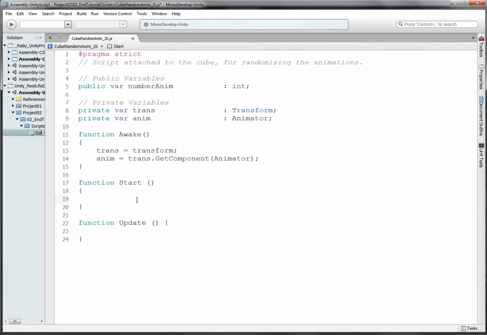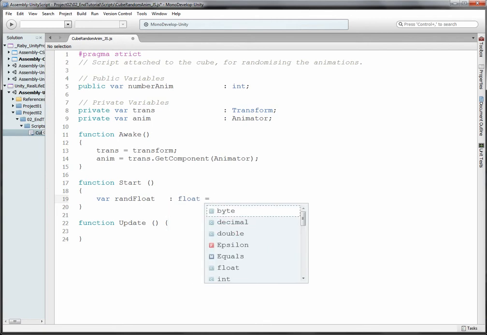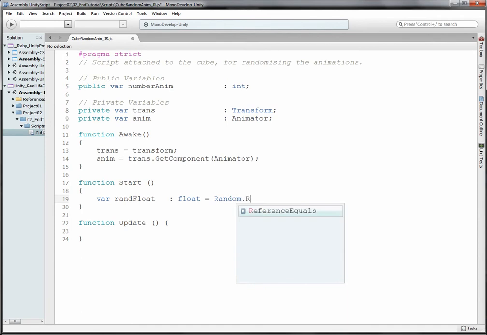So we're going to make a variable that is rand float, and we're going to make it float, and it will be equals to random range,